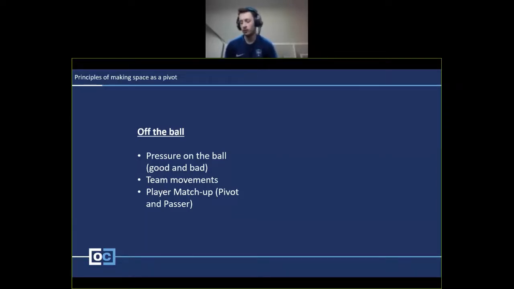And that's something that I don't really see a lot of necessarily in the National League. I know it's something that I have played against at the international level, so it's something I think the game will develop with time. And this other aspect is how, once you have the ball, probably the more exciting part, you actually generate that space and how you use that to your team's benefit. So if you're holding up the ball, if you're going to roll inside or out, or if you're going to do a fake turn to generate space for a shot.